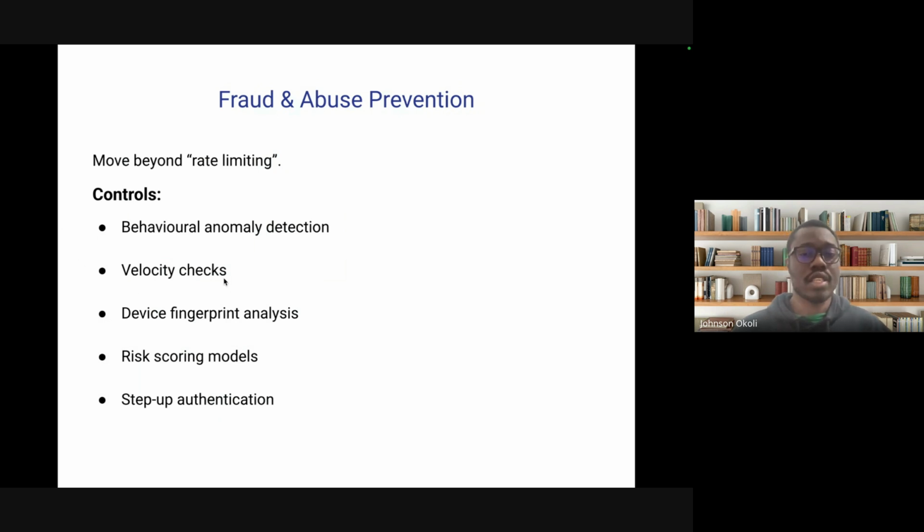We have velocity checks. The velocity check is more like maybe someone makes 500 transactions in 1 minute. That's suspicious. So you should be able to detect that this is not normal, or maybe someone moves a huge amount, like £5,000 or thereabouts within 1 day. Those kinds of unusual activities are things that your velocity check should be able to flag and prevent.